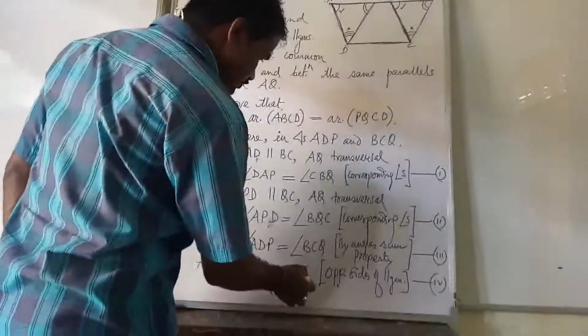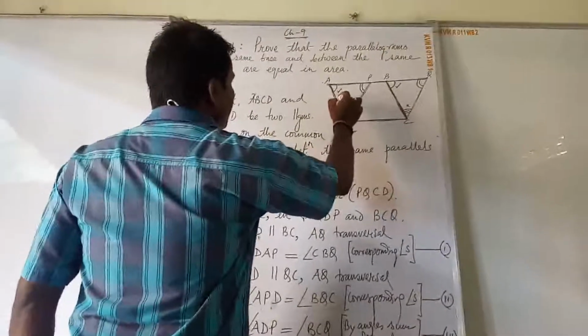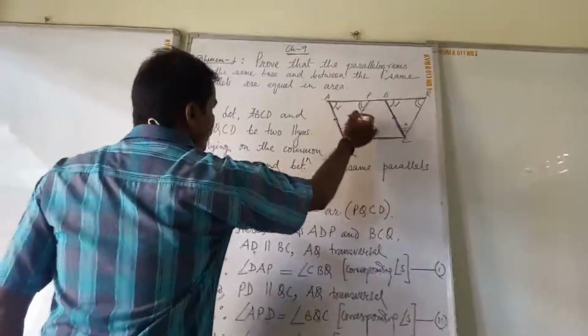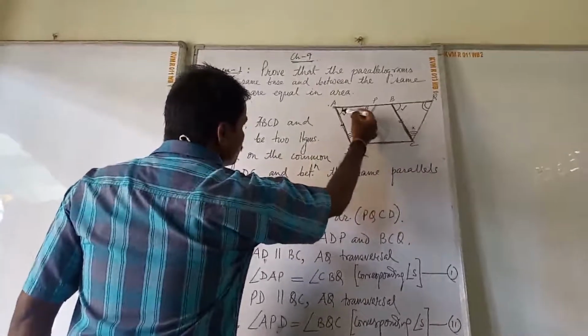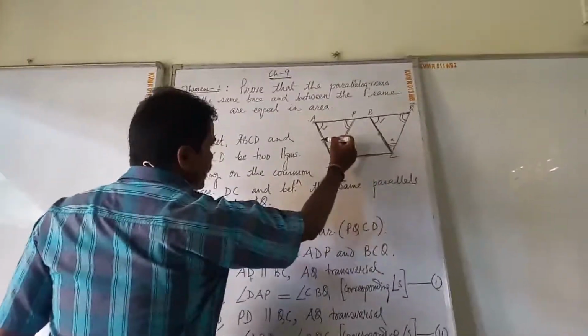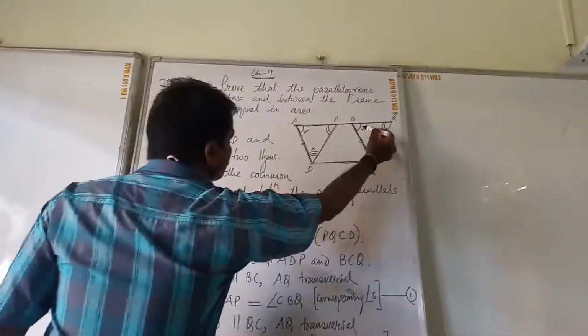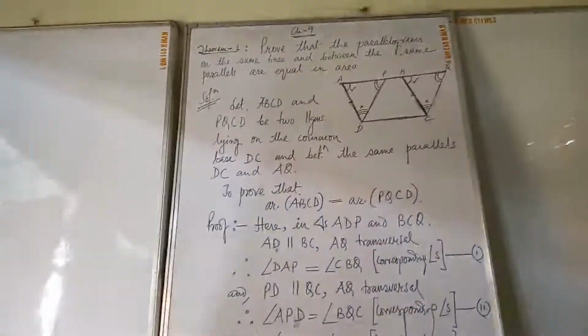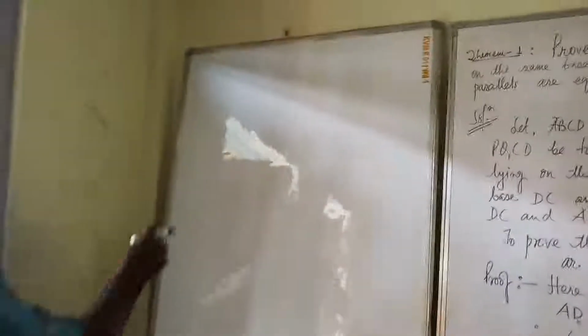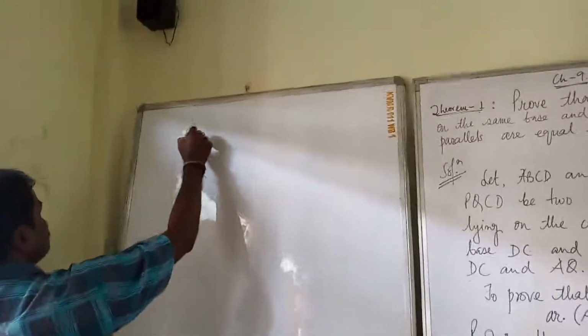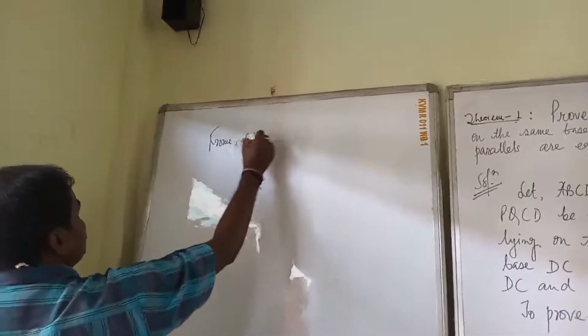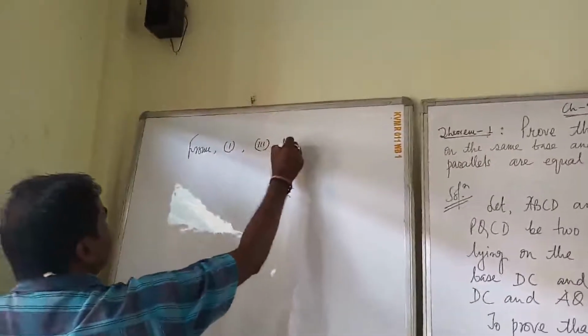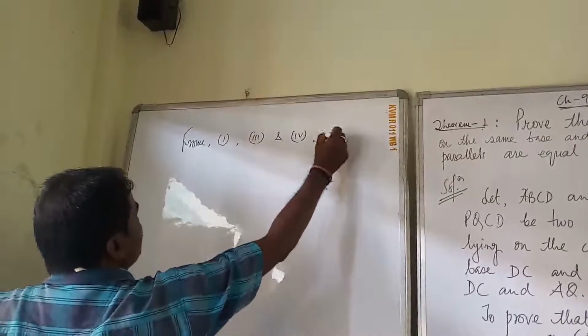And AD equal to BC. So here what you are getting, in this triangle, two angles and the included side are equal to two angles and the included side of this triangle. So from 1, 3 and 4, we get